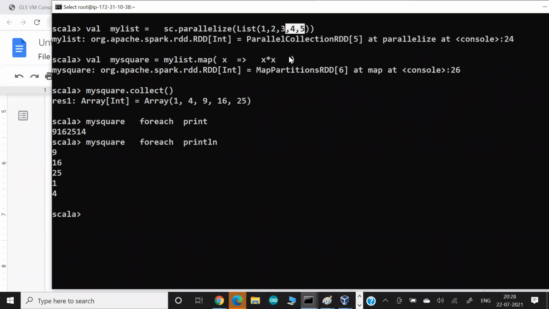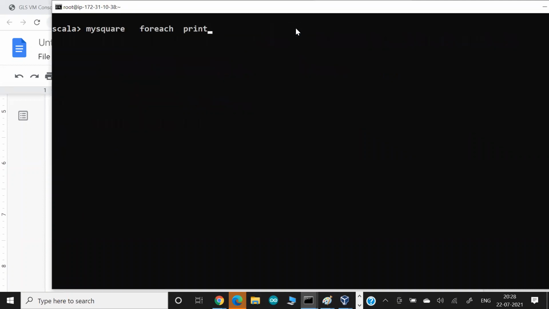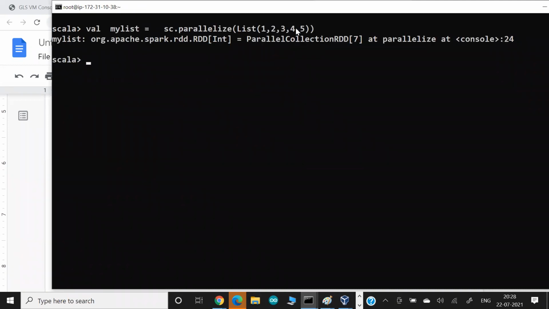If 4 comes up, then do something; if 4 doesn't come up, then don't. This concept is called filtering. So with the same data, this time on my list, instead of using map, I'm using the filter function. Again, the first data I will provide to my X, and on X, I will do some operation.